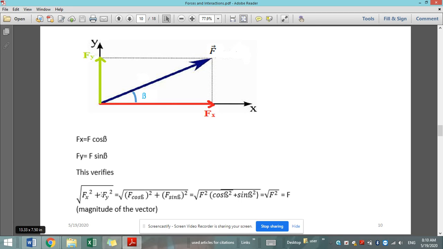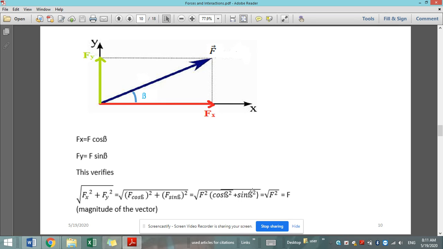Radical of Fx squared plus Fy squared. Substituting Fx by F cosine beta, all squared, plus Fy by F sine beta, all squared. It is equal to, so the square here is distributed to the F and the cosine. So we get F squared cosine squared beta plus F squared sine squared beta. Taking F squared as a common factor into cosine squared beta, not cosine beta squared, it's actually cosine squared beta